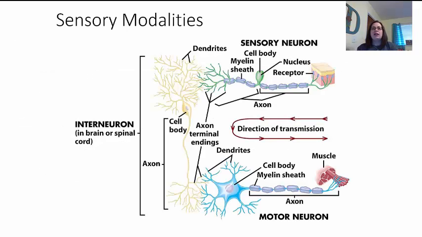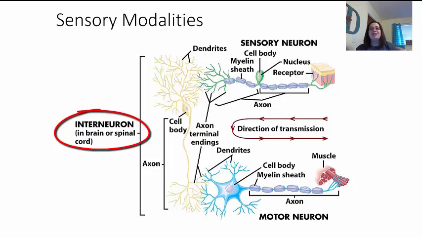Now, if we take a look at this, guys, this happens actually very, very quickly. If we take a look here, this shows you kind of the loop. So at the top, the sensory neuron feels whatever the problem is. In this case, let's just say that it's pressure. We feel that there's pressure on your arm. It sends the signal down the sensory neuron. It goes then into the integrated system, the interneurons, where we're going to interpret the data. Okay, so we're interpreting the data here in the yellow neuron.